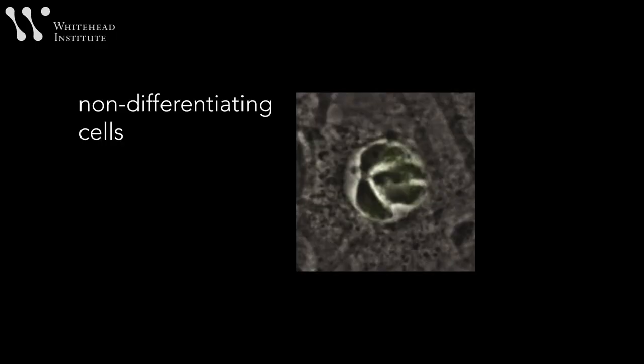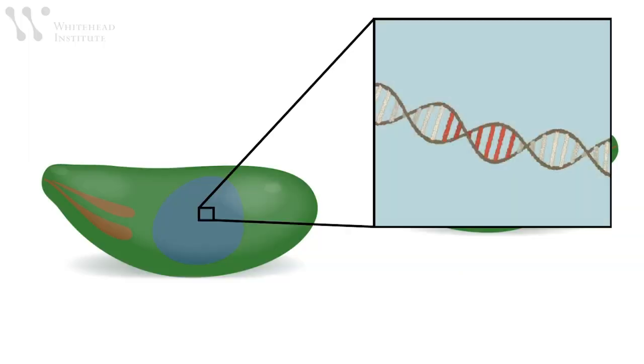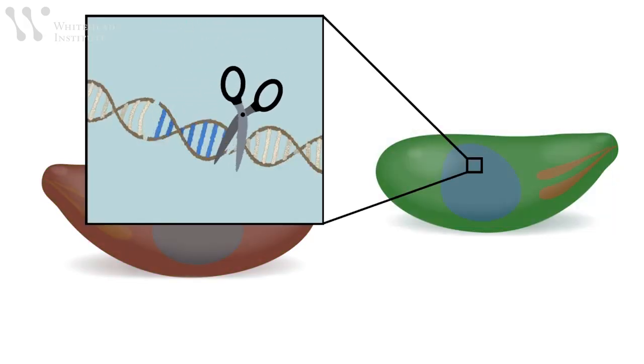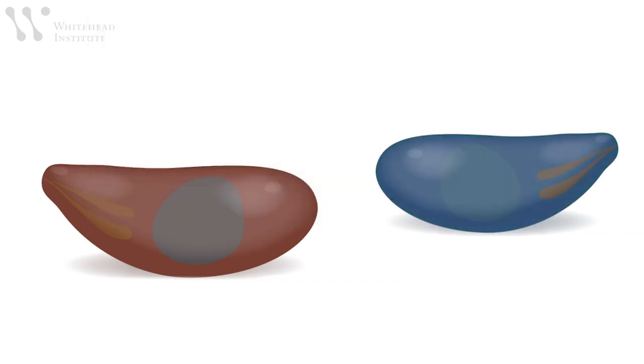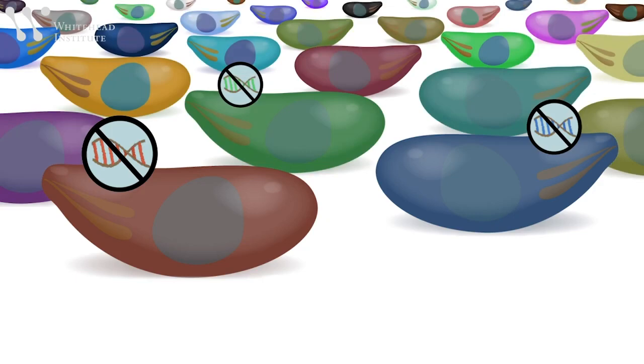The researchers developed a strain of Toxoplasma that would signal when it was differentiating by glowing green. What I did for a lot of my early years of my PhD was trying to get a reporter strain established in Toxoplasma, something which would sort of read out whether these parasites were trying to differentiate or not. Then they used the gene editing platform CRISPR-Cas9 to knock out a set of about 200 genes that could act as transcription factors. They looked to see if any gene seemed necessary for the parasite to differentiate.